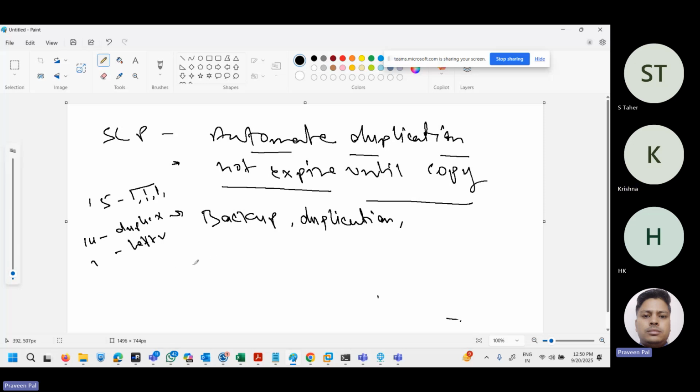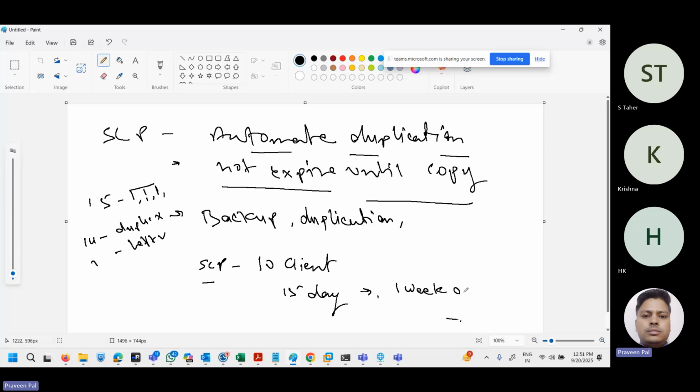Suppose backups are going on for any client or policy, and in one SLP you have 10 client backups running on a daily basis. Today the full backup is done for the 10 clients, and its retention is 15 days. You mention in the SLP to keep